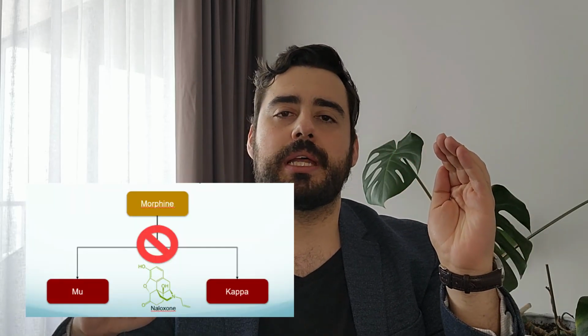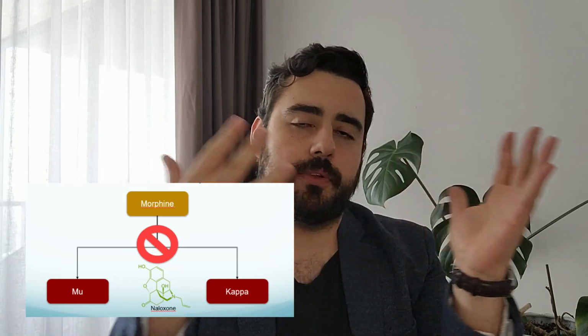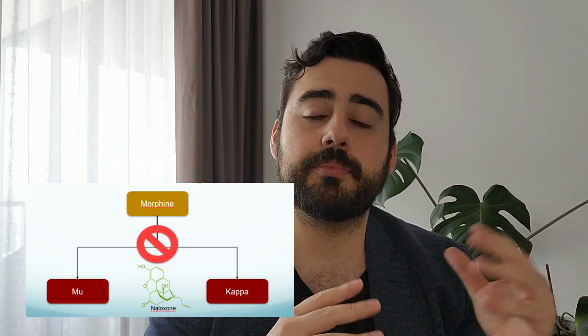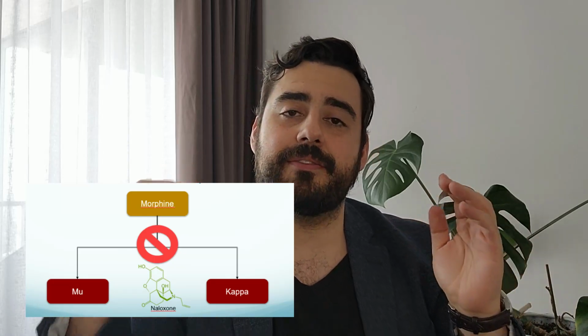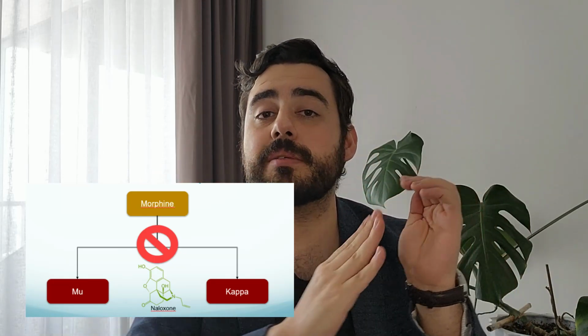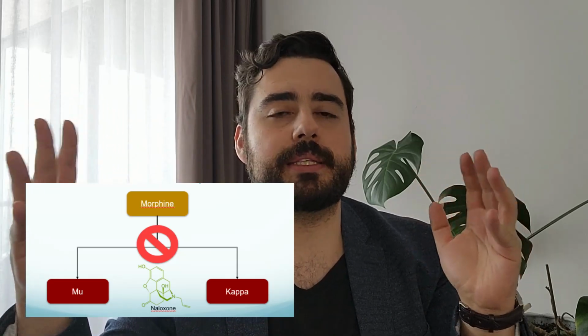Naloxone is what we know as an opioid antagonist. When we have the mu and kappa receptors, naloxone gets in the way of morphine, for example, trying to bind to that receptor. It prevents it from binding, and even if morphine was already in the receptor, it can displace it, and it basically prevents it from activating the receptors. This means that a patient who was on the floor, unconscious, and on the brink of death, we can reanimate. We can bring him or her back to consciousness, and we can diminish or eliminate all of the effects the opioids have.